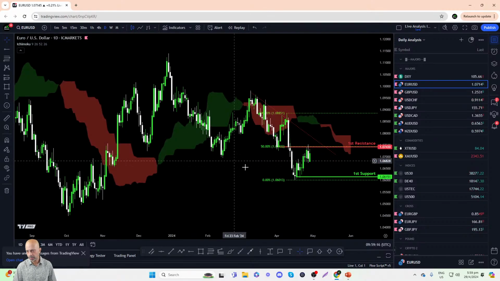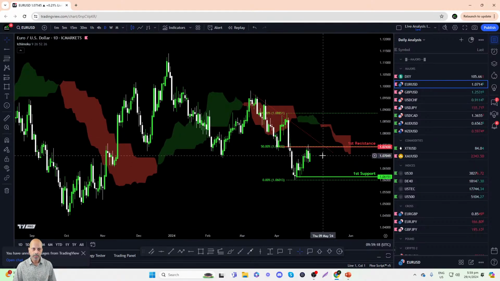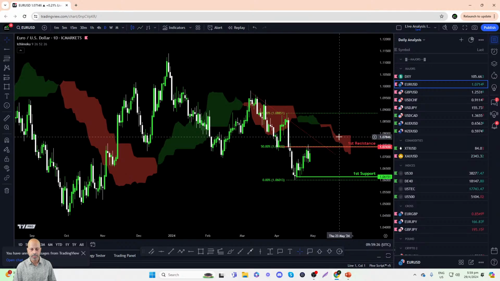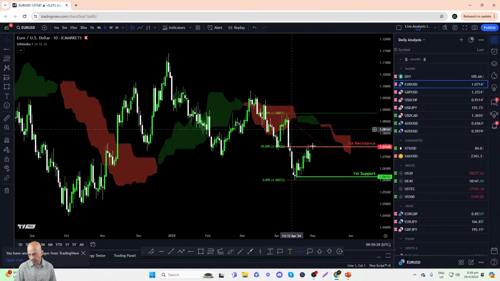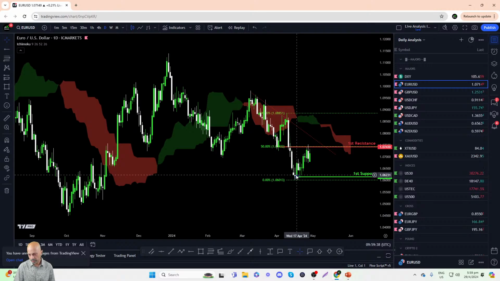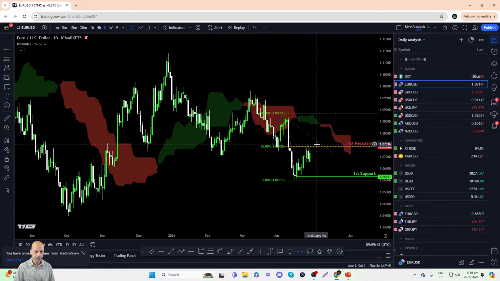And if I were to pull up the Ichimoku cloud as well, we can also see that the euro is trading underneath the Ichimoku cloud, which itself is an indication of bearish momentum, and of course the cloud is red in color as well, right? So we can see overall, on a longer term outlook, the euro is still in a bearish downturn. However, this retracement to the upside since mid-April has been pretty strong, but remember, this region here at about 1.0740 to 1.0750 is a pretty strong resistance zone for the euro.